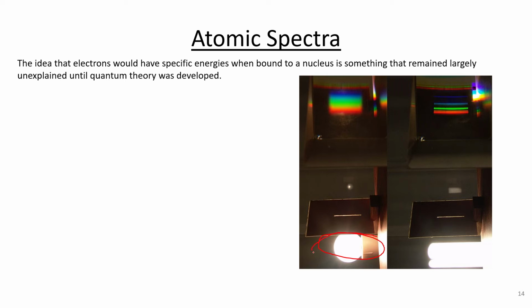If you're looking here, we've got just a white light source, like an incandescent bulb. You send it through a slot, and then you send it through a prism, and then you project it on a screen. What you get is this sort of continuous band of colors. So that's continuous. That suggests that all of the little bits of light that are coming off of this bright filament can have lots of different energies, and